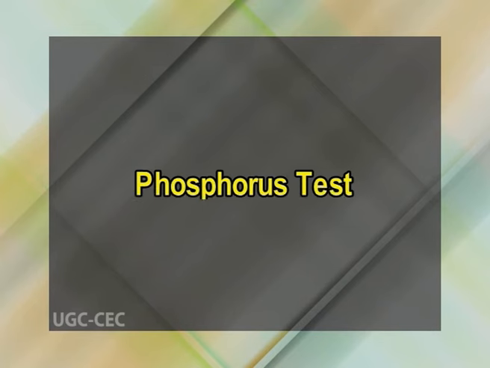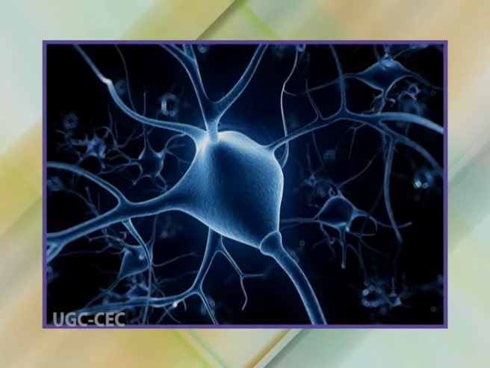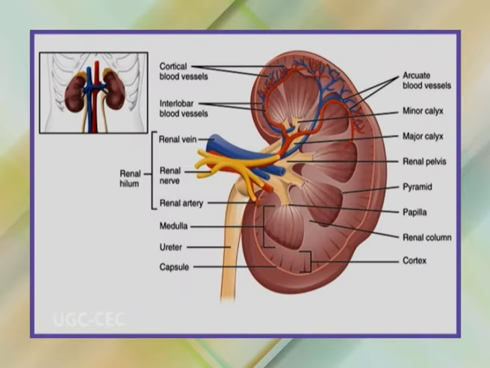Now another test which is called the phosphorus test. Phosphorus is a mineral that makes up 1% of a person's total body weight. The body needs phosphorus to build and repair bones and teeth, and it helps nerve function and makes muscles contract. The kidneys help to control the amount of phosphate in the blood. Extra phosphate is filtered by the kidneys and passes out of the body in the form of urine. High levels of phosphorus in blood occur in people with severe kidney disease or severe dysfunction of their calcium regulation.